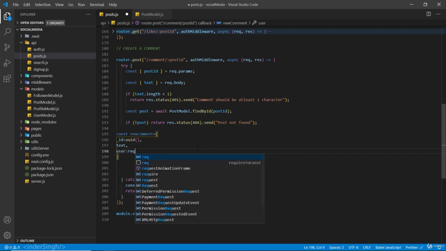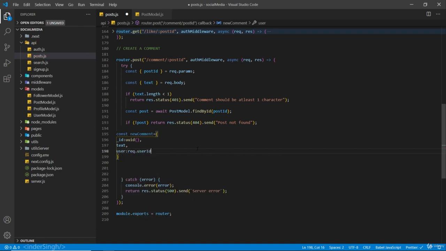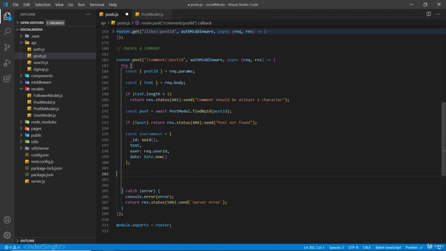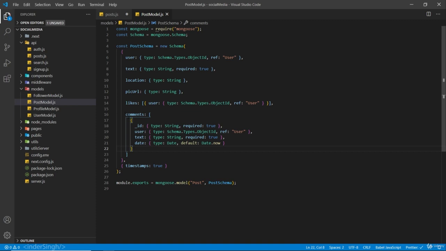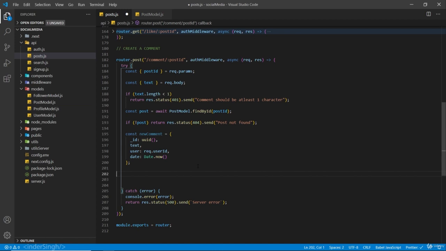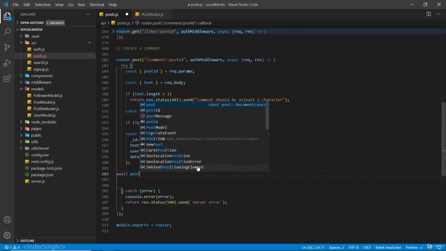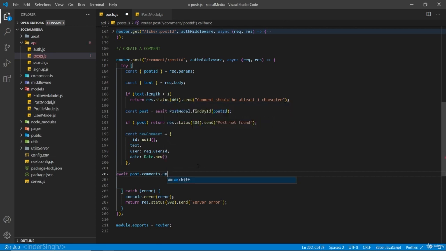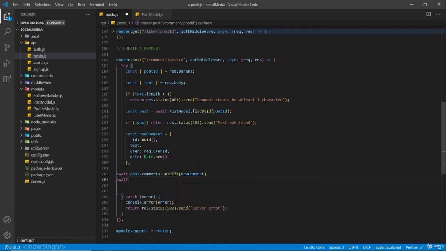And for the user, we are going to have request.userid from our middleware. And for the date, we're going to have Date.now. Now we are going to add this comment to the comments array of the post inside the model. This is a whole post, and inside comments is an array, and we're going to add this comment inside that array. So await post.comments.unshift. Unshift will add the element to the start of the array. So newComment here, and then we are going to save the post. So await post.save,